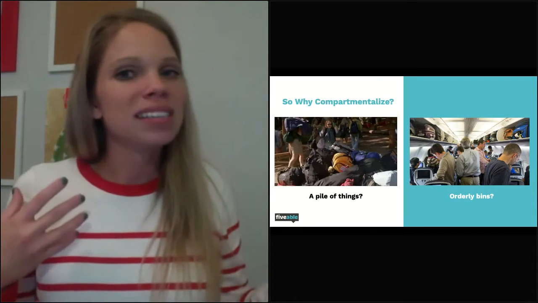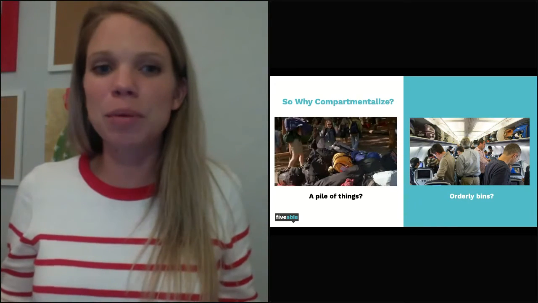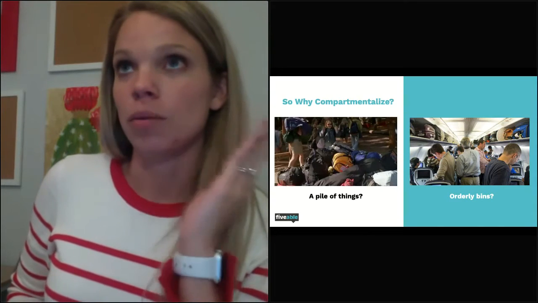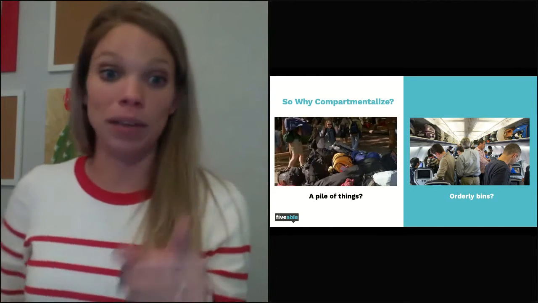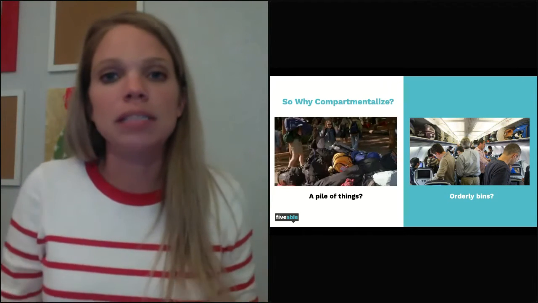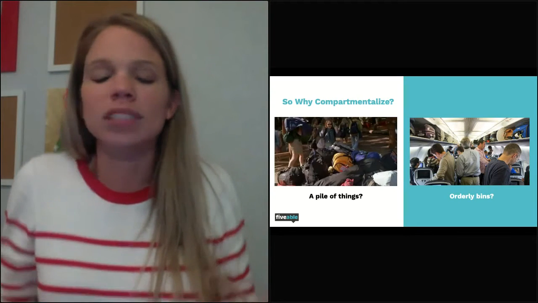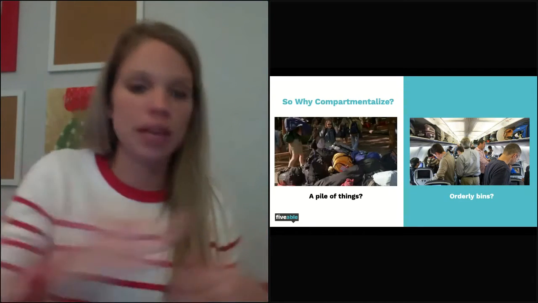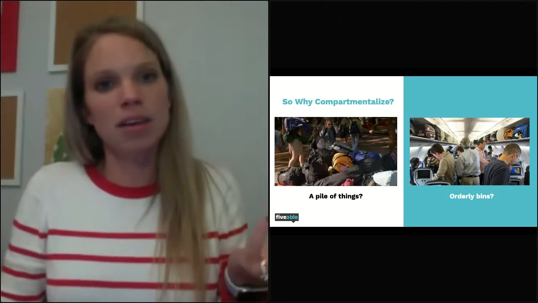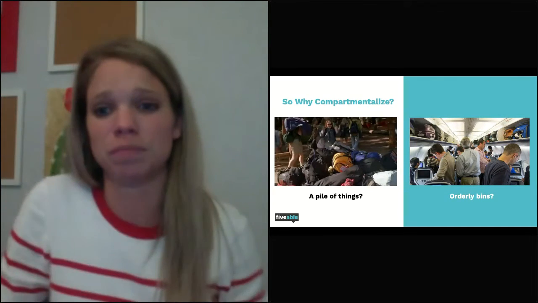Why do we have compartmentalization? It's because it's more efficient. It's like why your mom always makes you clean your room. She thinks it's going to be more efficient. If you're like me, you have organized chaos and you only know where things are when it's dirty. But wait till you're a grown-up. That's actually a problem. We like compartmentalization because it makes it organized and it makes it easier for things to do their job. That's why we like small cells. It's more efficient to move stuff in and out, and that's more efficient. So the theme here, as you can see, is efficiency. We want things to be efficient.